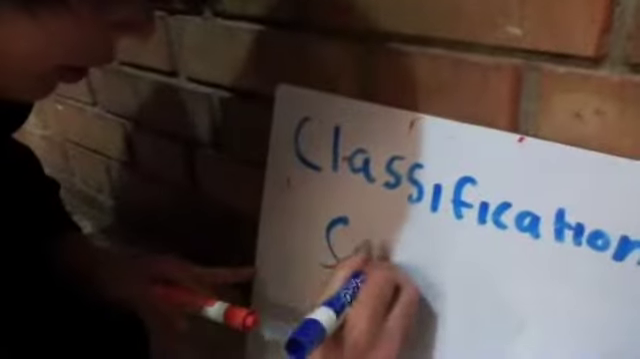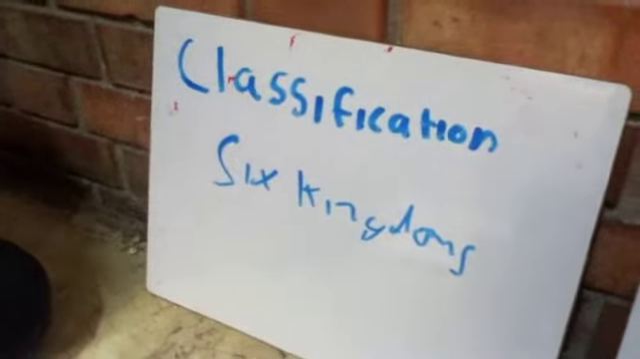Classification has many parts, like the six kingdoms. The six kingdoms are what Aristotle was talking about. It's about the animals and the humans being separated. Another thing is